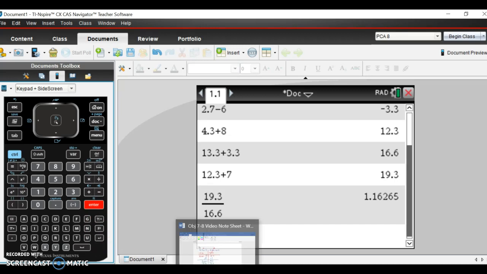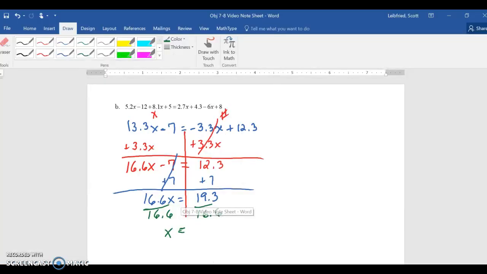If we want, it's okay with me to round, we can make it 1.16. So if we do that, we got 1.16. Instead of having it equals, technically speaking, it's not exactly equal. It's approximately, because we rounded it, so we use these little double squiggles, and that is where we would lie